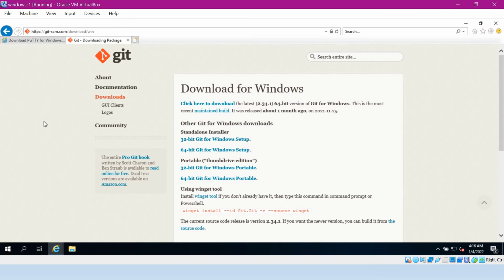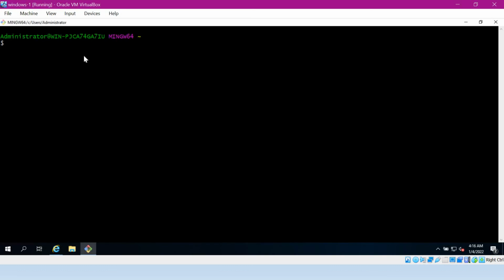Once we install Git Bash and Putty in our machine, let us try to open Git Bash. Git Bash is useful for generating the keys, like we generated in Linux. The same Linux commands can be executed inside Windows. So I will execute ssh-keygen -t rsa, and the number of bits of the key is 2048 or 4096.